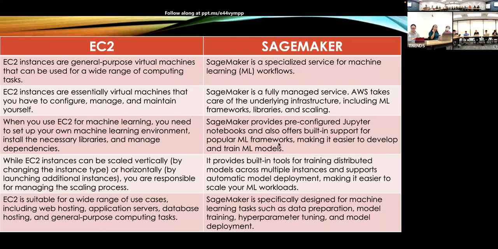So for EC2, we need to create our own machine learning environment each time. But for SageMaker, we have built-in support for ML frameworks like TensorFlow, PyTorch, everything. So basically SageMaker is specialized for machine learning tasks, so it's better to use SageMaker over